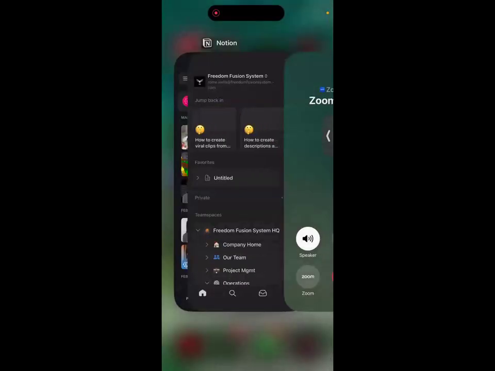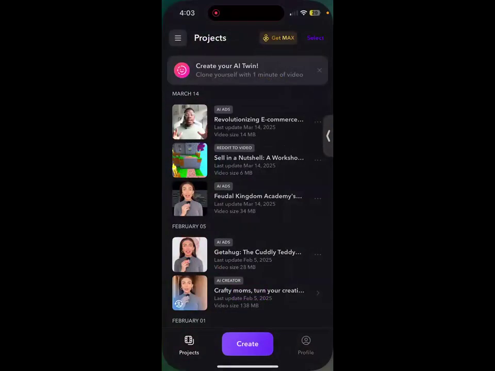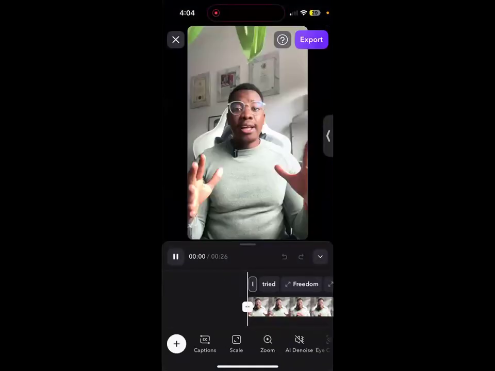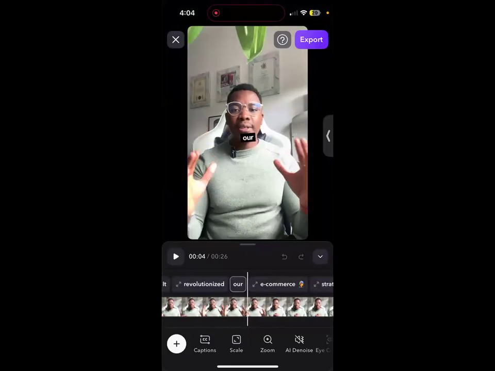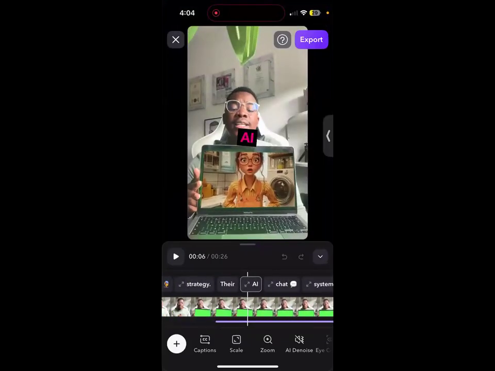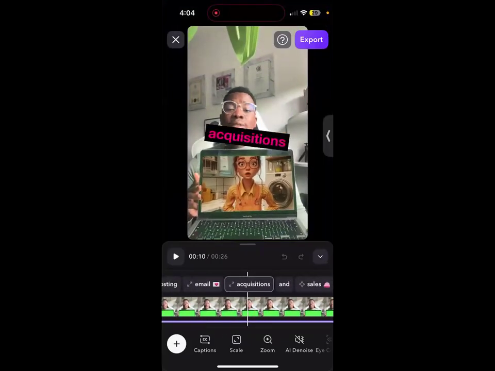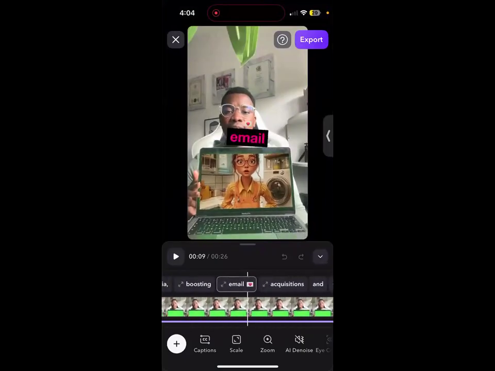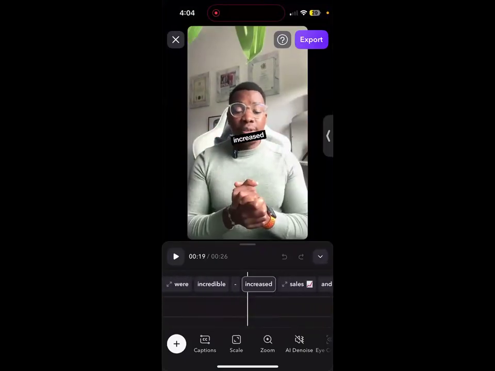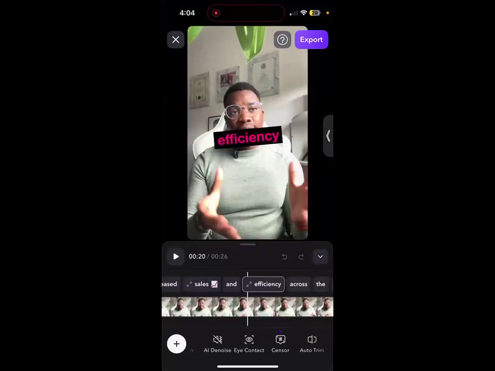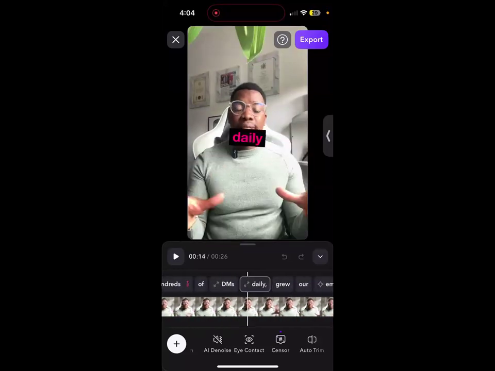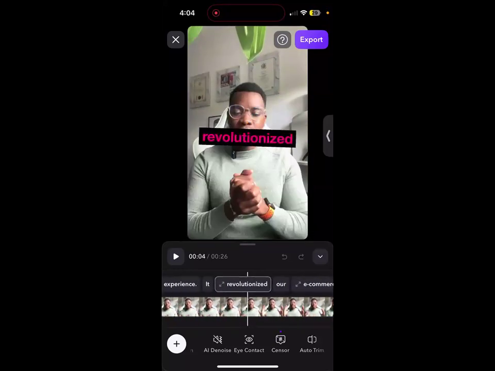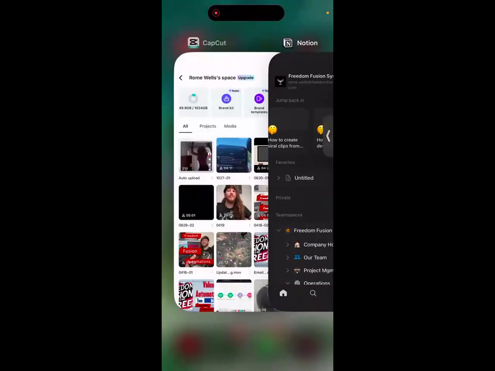But anyway, going back to what I was saying, as you can see, there's a bunch of avatars over here. There's this one, revolutionizing e-commerce business. There's this one, he could hold a laptop for you, the UGC creator, right? And just make things a gazillion times better. There's a voice option where you could talk with your voice and it will mimic your voice, whatever you say, in the same style and tonality. And you just blast that across socials.